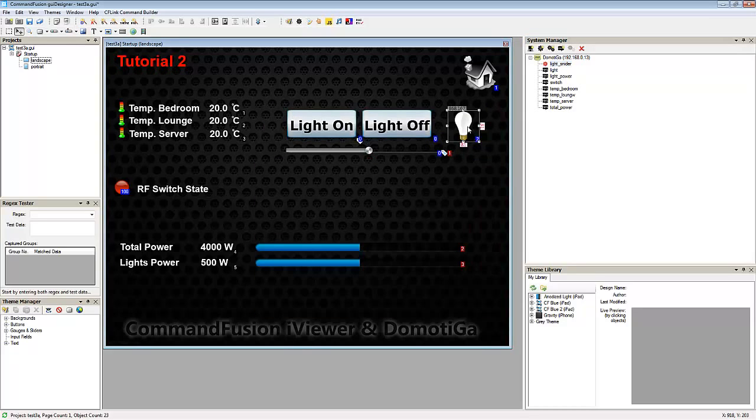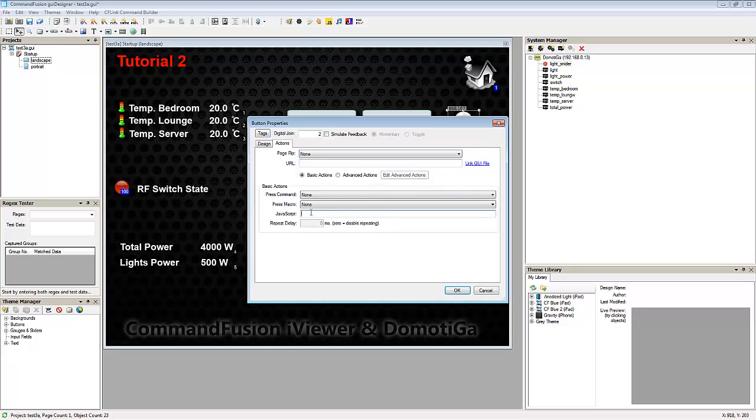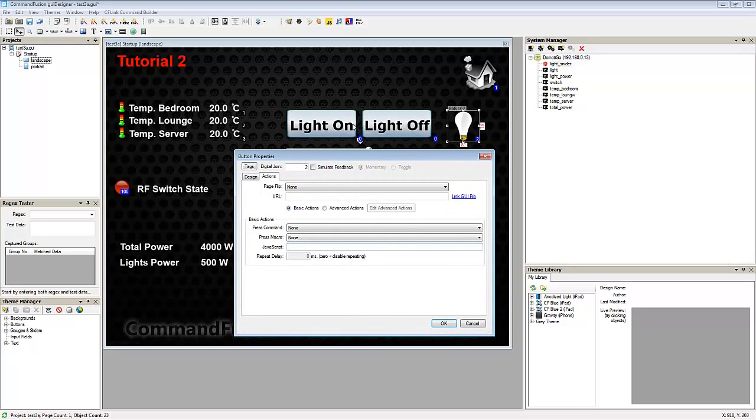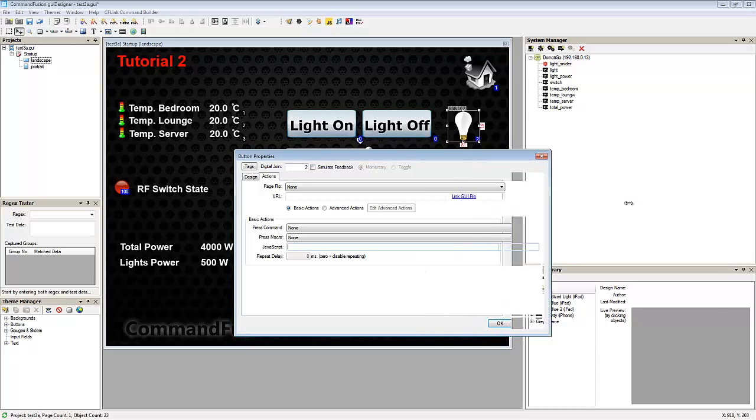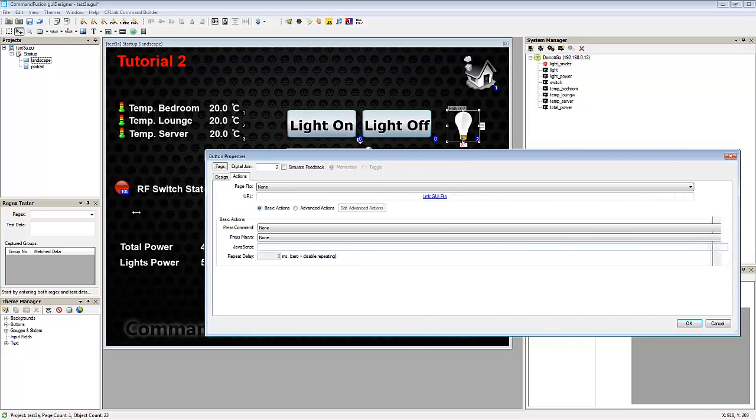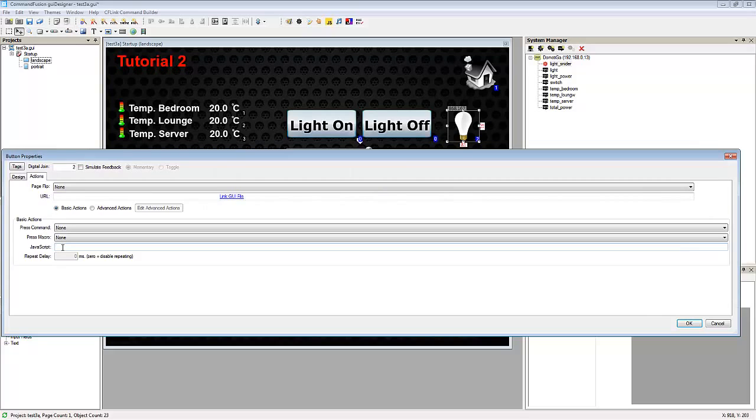Now we want to set up this light. Very similar again to the previous 3 examples, but in this case we're actually going to call a different function. You can look up the function on the wiki, and in your main.js that you just pasted in. Essentially what this function does, if I can get it to paste, there we go, is two things. One, it sends a command to DomotiGa. First of all, it calls a function called send command to DomotiGa by button state,